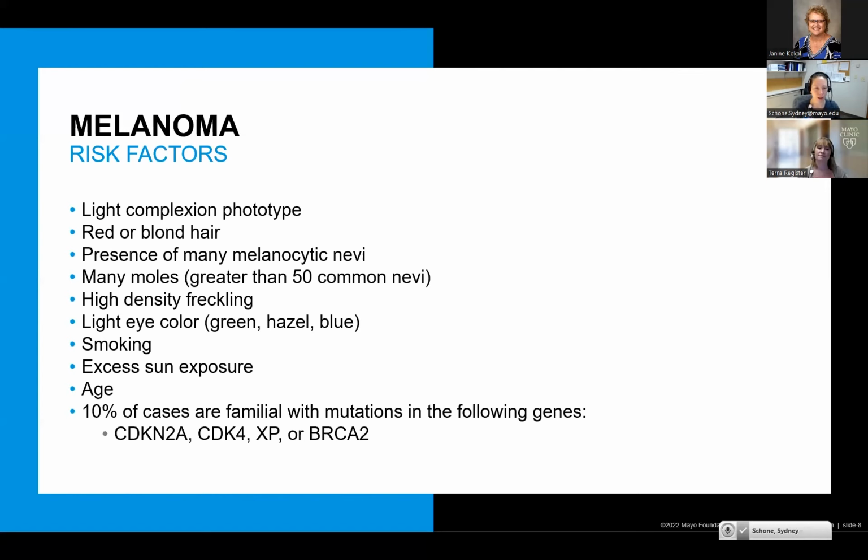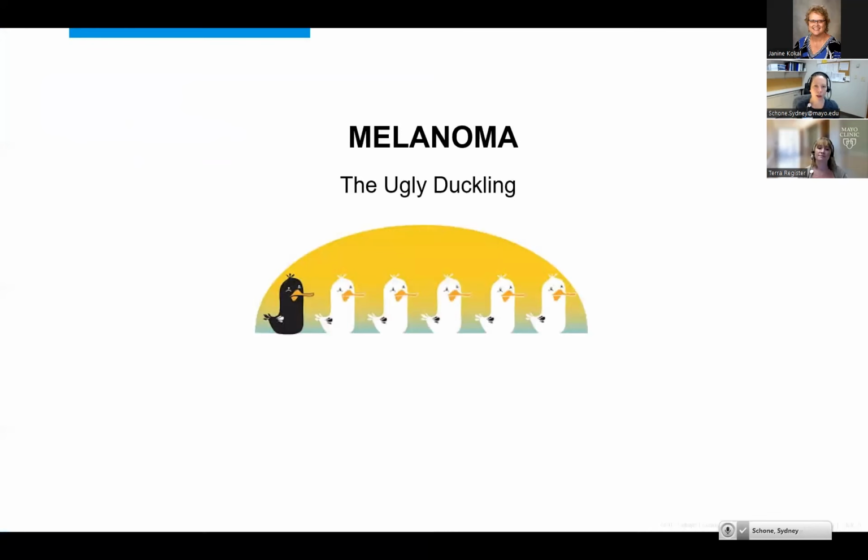So there are different types of melanomas. Melanomas are also described by the ugly duckling sign. This is a sign based on observation that in an individual with multiple nevi, the nevi tend to exhibit one or more predominant or specific looks. A pigmented lesion that is obviously different from others in a given individual must be considered suspicious, and so they should have it looked at. The predictive value of the ugly duckling has not been systematically studied. However, we do use it when we're teaching patients about what to look for.